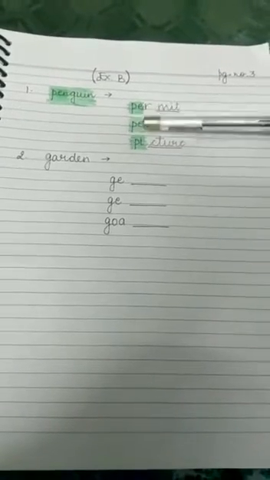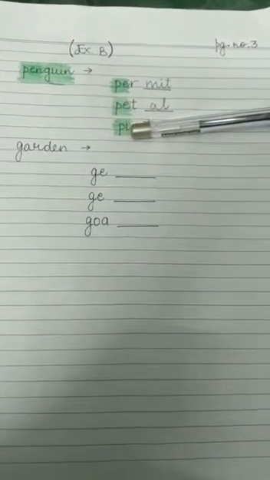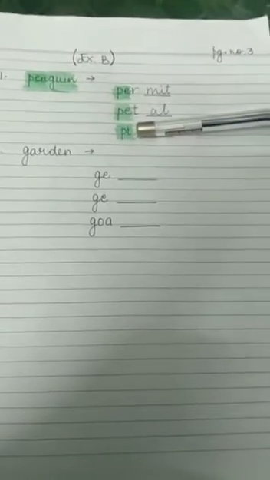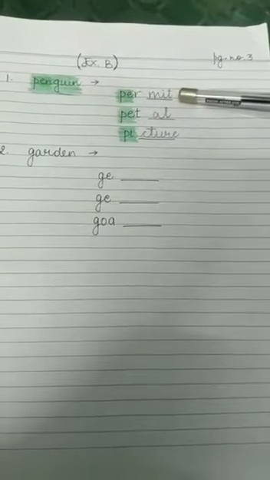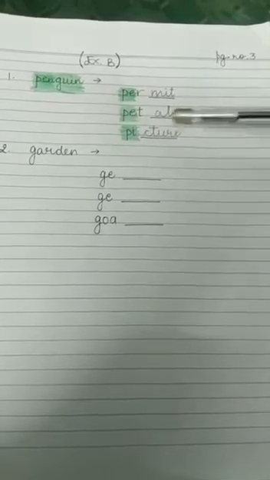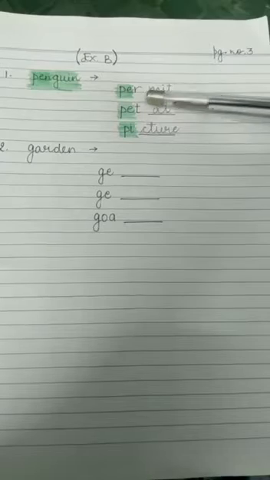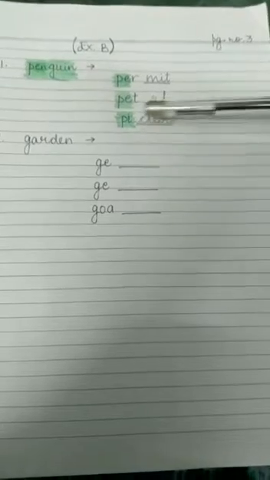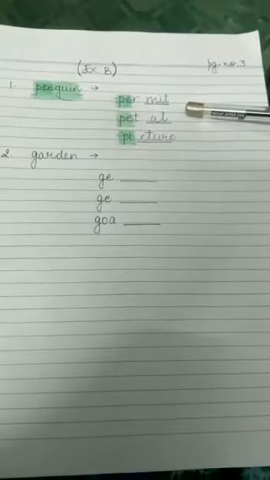Now if we see the third word, PI. Now what we'll see over here, we'll see the second letter. What comes after E? I. So this is also on the right place. Now what do we have to do? We have to form 3 words over here. From PER we have to form a word, from PET we have to form a word and from PI we have to form a word. So it is already given in the book. PERMIT permit, PETAL petal, PICTURE picture. So this is already done for you.